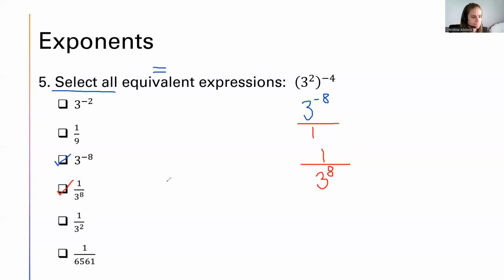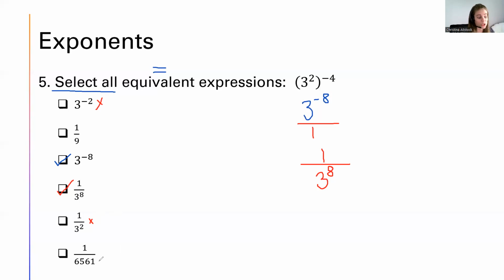Well, let's now look at my answer choices because that's all I think of to do at the moment. Well, 3 to the negative 2, it's not going to work because I already had a 3 to the negative 8. 1 over 9, oh, maybe. Those two we said, 1 over 3 squared, nope, because it's 1 over 3 to the 8th. So both of those don't work. And then 1 over